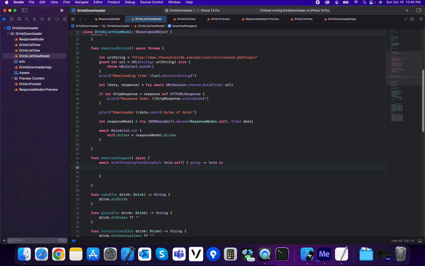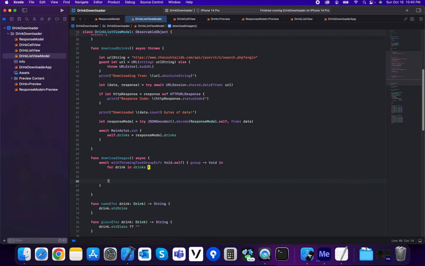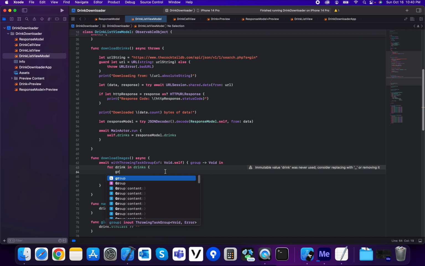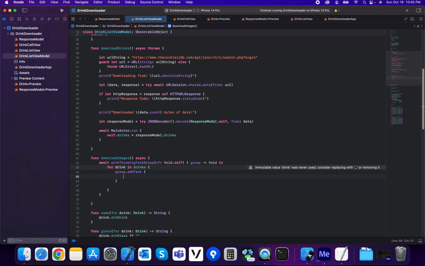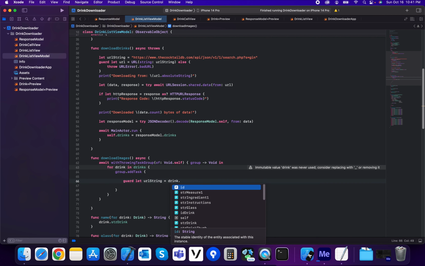and I'm going to loop through my drinks. So for drink in drinks, I want to add a task to my task group. So I'm going to say group dot add task, and in this task I'm going to say guard let URL string equal drink dot strDrinkThumb,